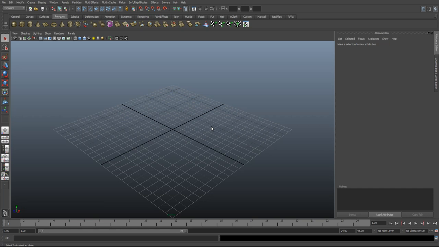In this first part, I'd like to concentrate on the basics of what a fluid container is, what it does and why it does it. So to that end, I've decided to use a 2D fluid container. Now, it might sound a bit strange to use a 2D fluid container within a 3D environment, but if you think about it, if your fluid is not interacting with any other 3D object in the scene, and you're not